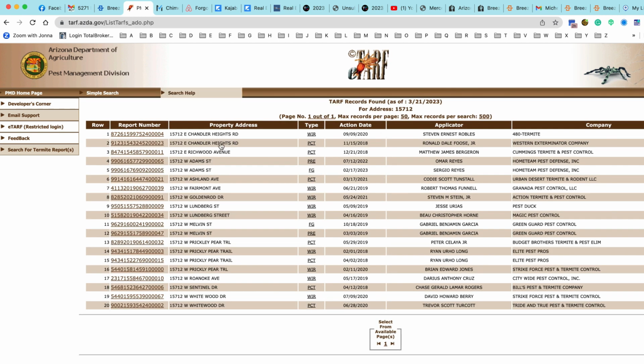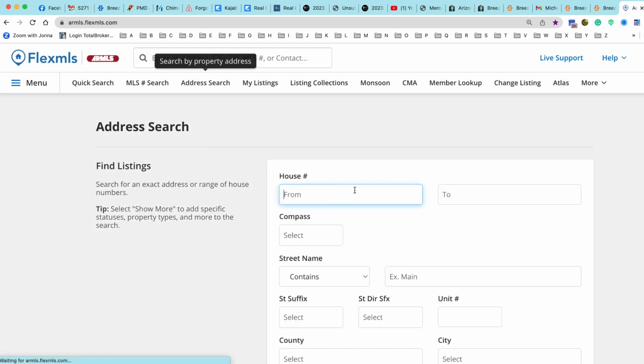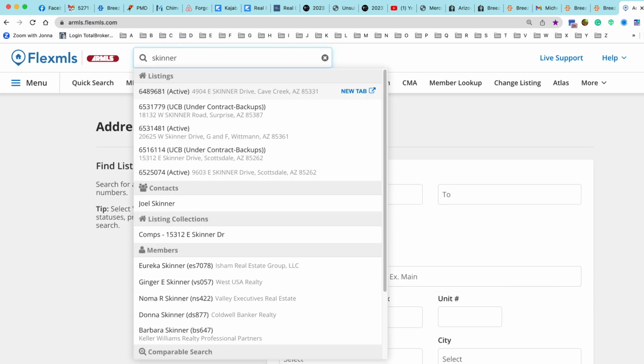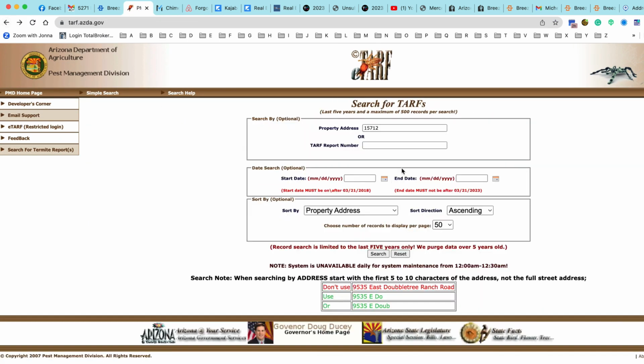And then what you do is you look for the street name here. That must not be the number. Let me look it up. So we go over here to, actually I'm gonna go up here, Skinner. And it is 15312. So if you go back over to the TARF website and you do 153,